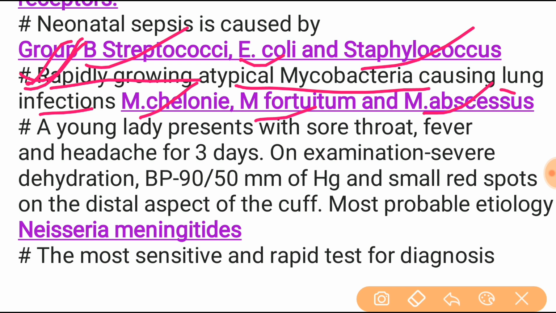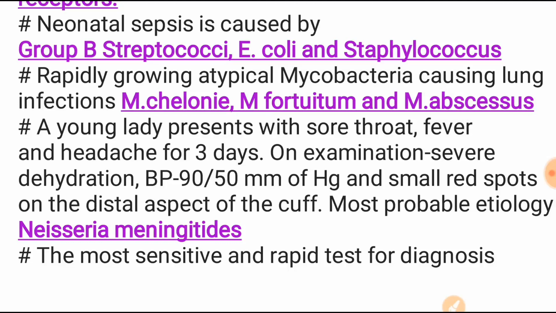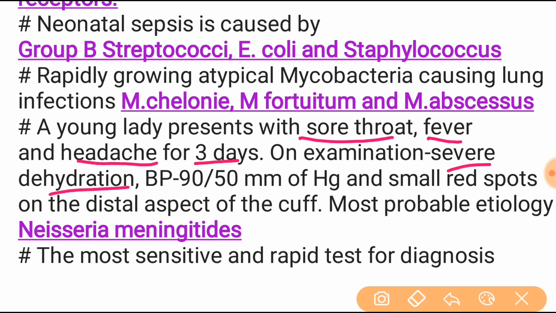This is the most important and interesting thing about the mycobacteria. I will upload the full lecture on the mycobacteria. So next one is a young lady presenting with sore throat, fever and headache for 3 days. On examination, severe dehydration, BP is 90/50 mm of Hg and a small red spot on the distal aspect of the cuff. The most probable organism is Neisseria